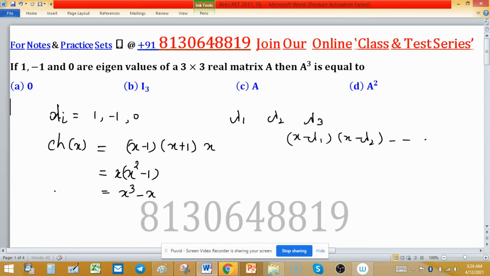This is the characteristic equation, normally represented by f(x). And we know by the Cayley-Hamilton theorem that every matrix satisfies its characteristic equation. It means that A cube minus A is equal to